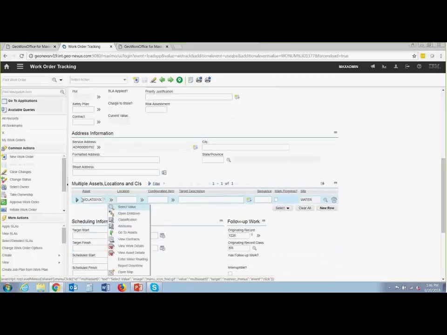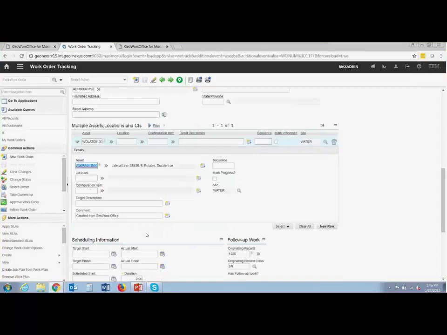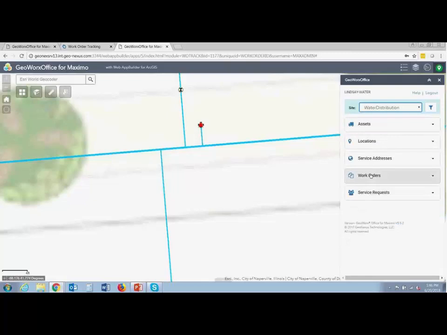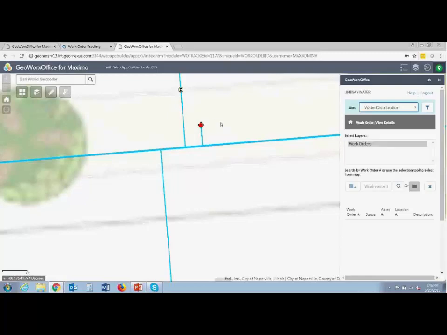Oh, this is the other arrow on the left there. You can see that this lateral line is also associated with that work order. So the final thing we're going to do out in the field here is we're going to actually complete this